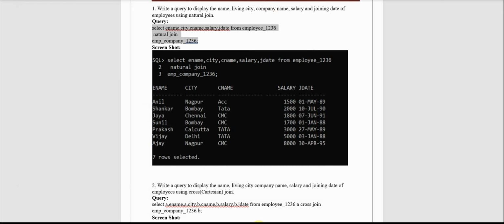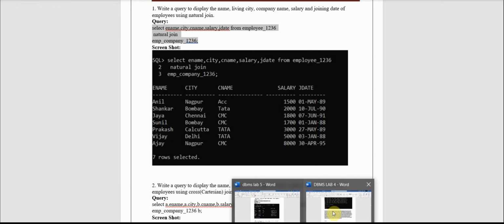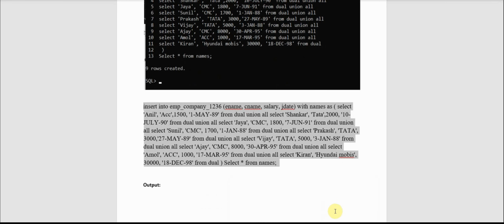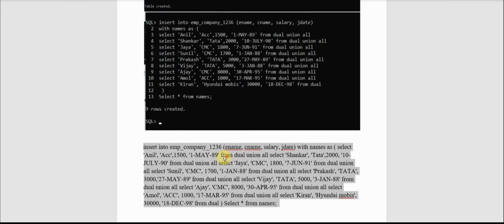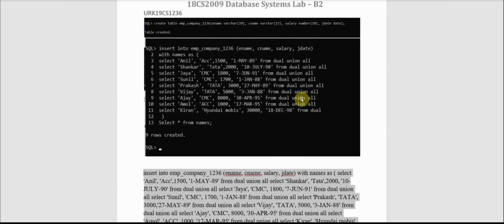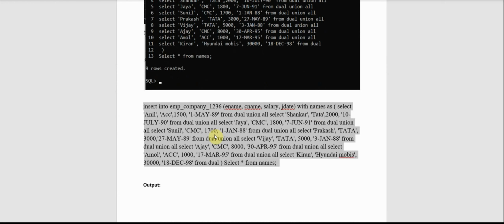I'll show you how. If you go back in the video, you can see there is no command here. For this command, employees company 1236 was missing. I copied this from my submitted link. I don't know how it went missing suddenly; yesterday I edited something here, so it's missing.